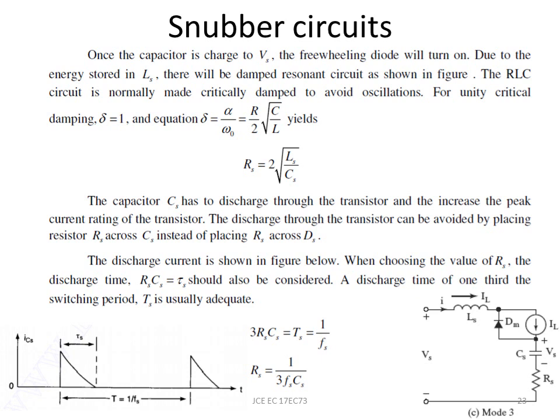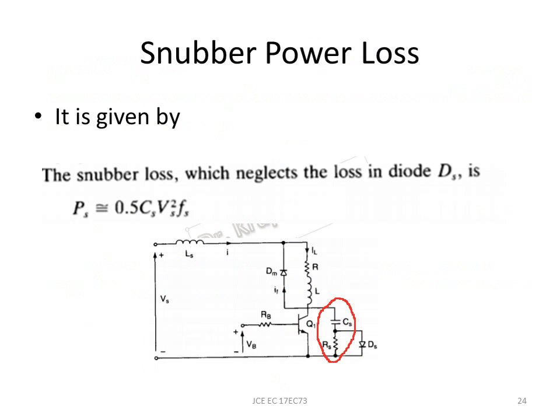Rs is determined by this, no doubt, but because of the switching action, I have to include this Rs. Also take care that the current should be limited when the transistor turns on. So we have found the values of Ls, Cs and Rs. These are the snubber circuit components used to protect the power device from di by dt and dv by dt.